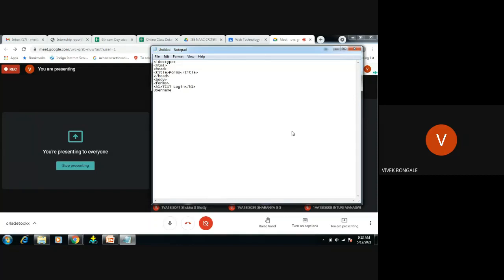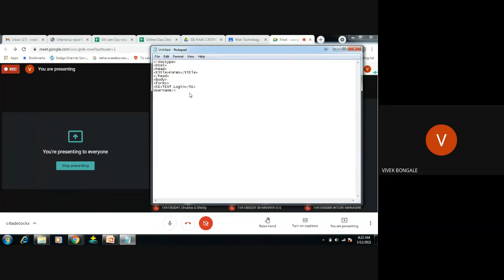For that, I will write username followed by a colon. What does this username colon mean? In front of the box that I'm creating, this word will be displayed. Username colon, and you'll get one box. In that box, we're going to add the name. I will show how to create the text box. Now we're trying to create a text box. So how do we create a text box?